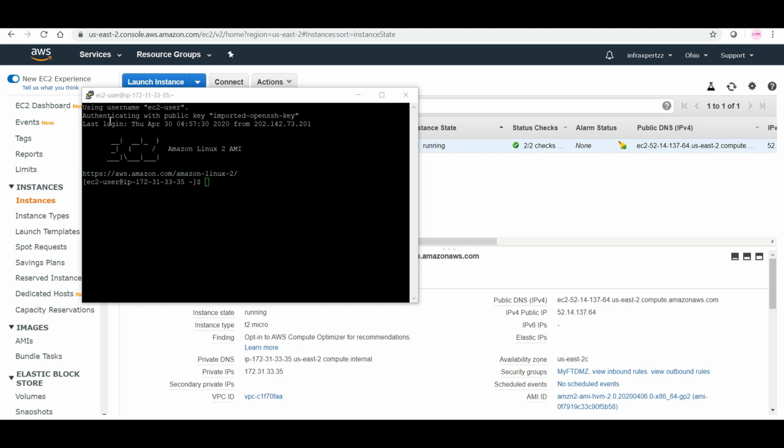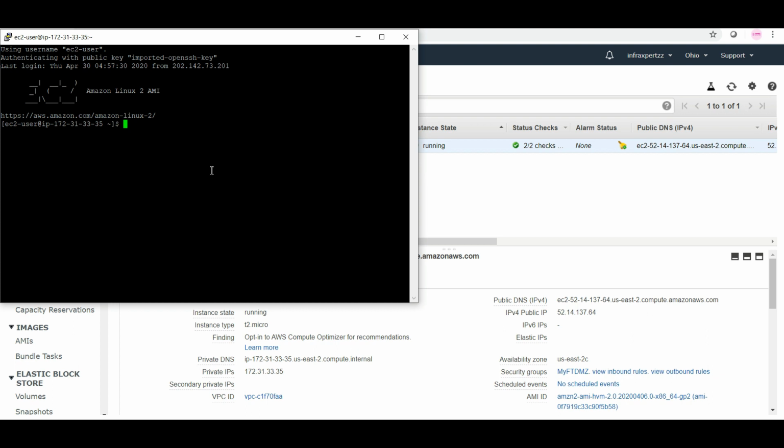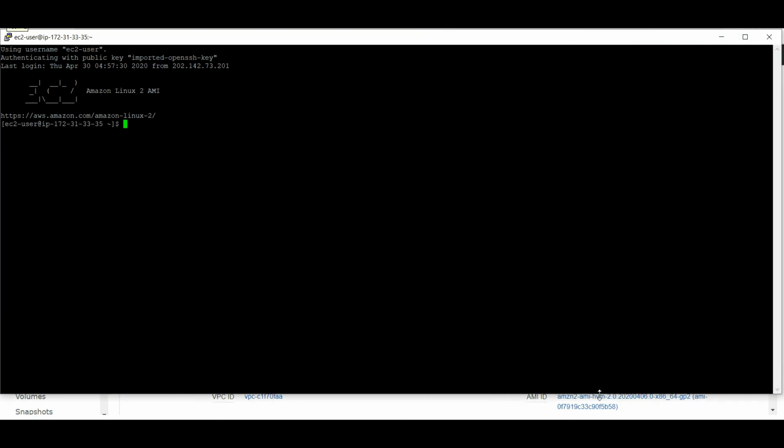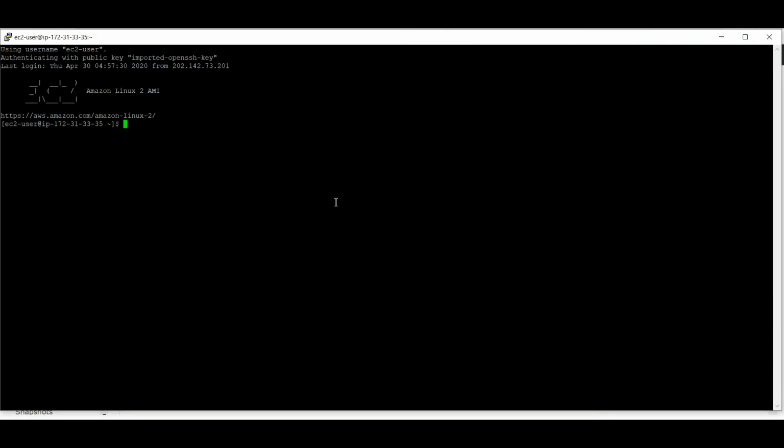So here we are in our EC2 console, in our EC2 through PuTTY, and right now I'll just make the screen a bit bigger. We will elevate our privileges to root first. So we are in root user,